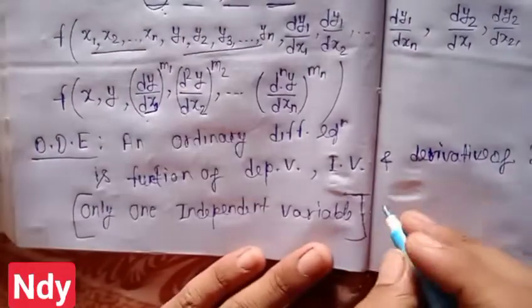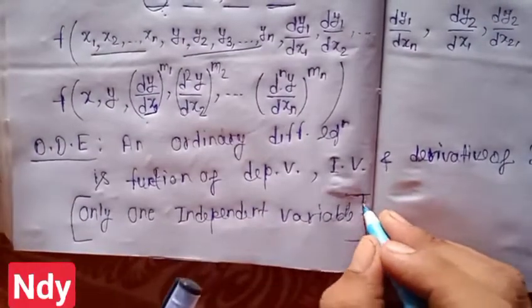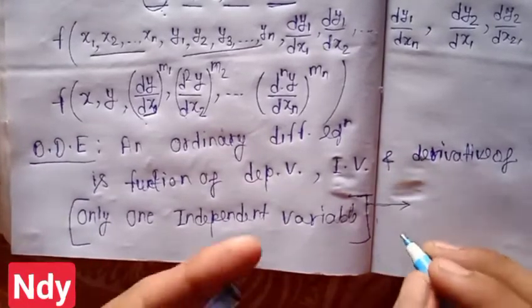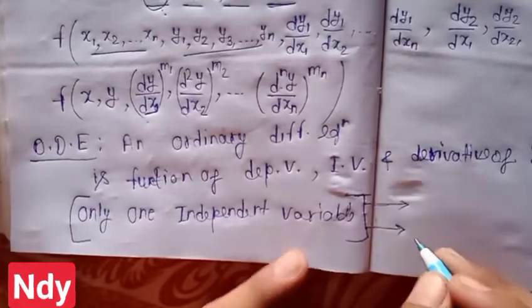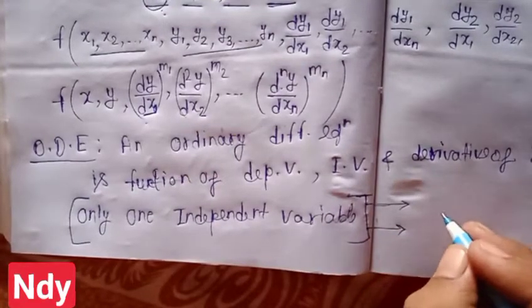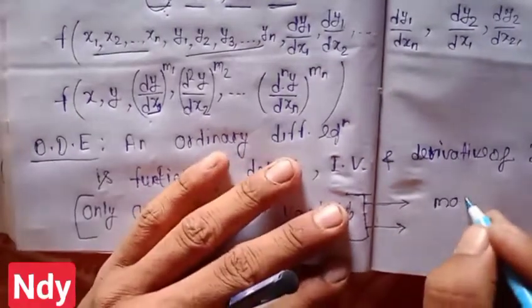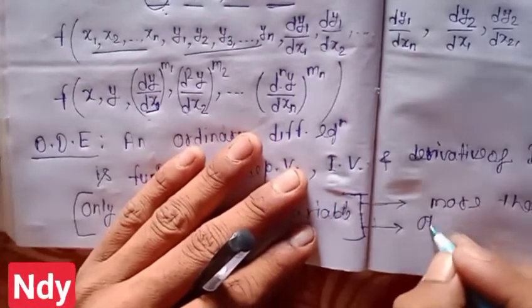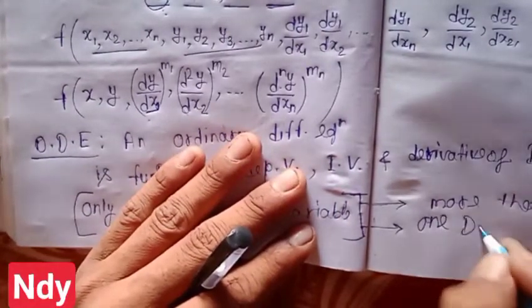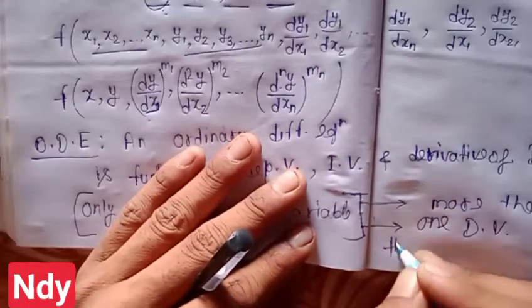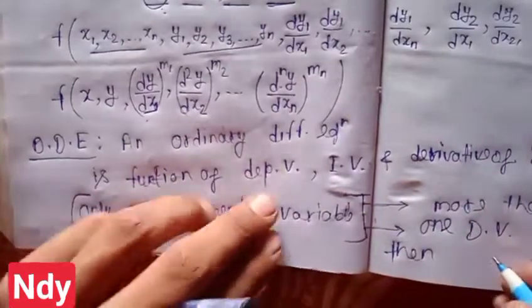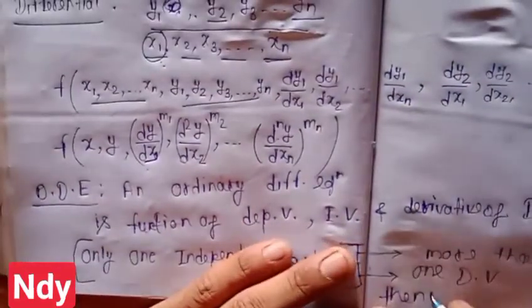Okay, so as I have said, the number of dependent variables may be one or more. If we have more than one dependent variable,